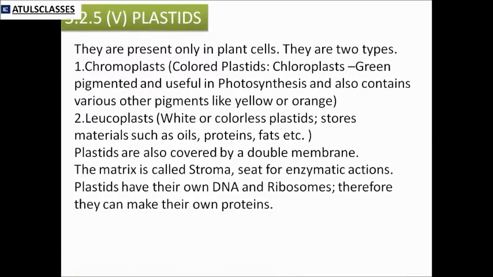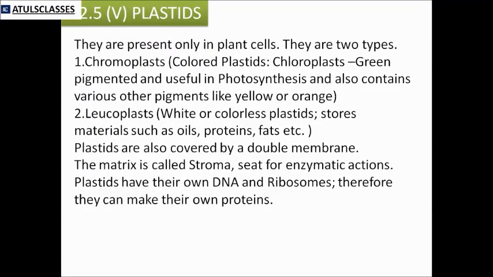Now, one more important structure in relation to the mitochondria is the plastid, which is present only in plant cells. They are also called the kitchen of the cell because some of them produce food by chlorophyll or photosynthesis. So they are called chromoplasts. Some of them store material, so they are called leucoplasts, because there is no color involved and color is not needed.